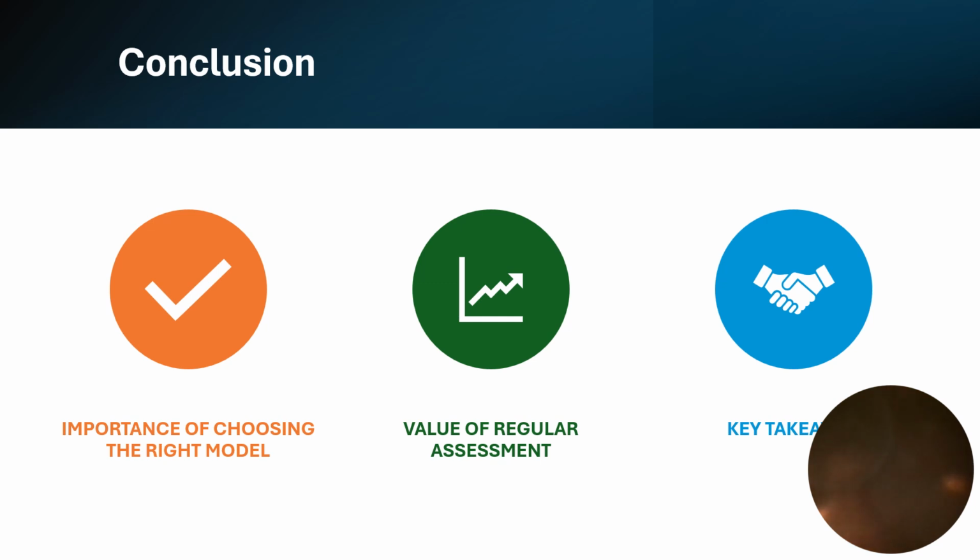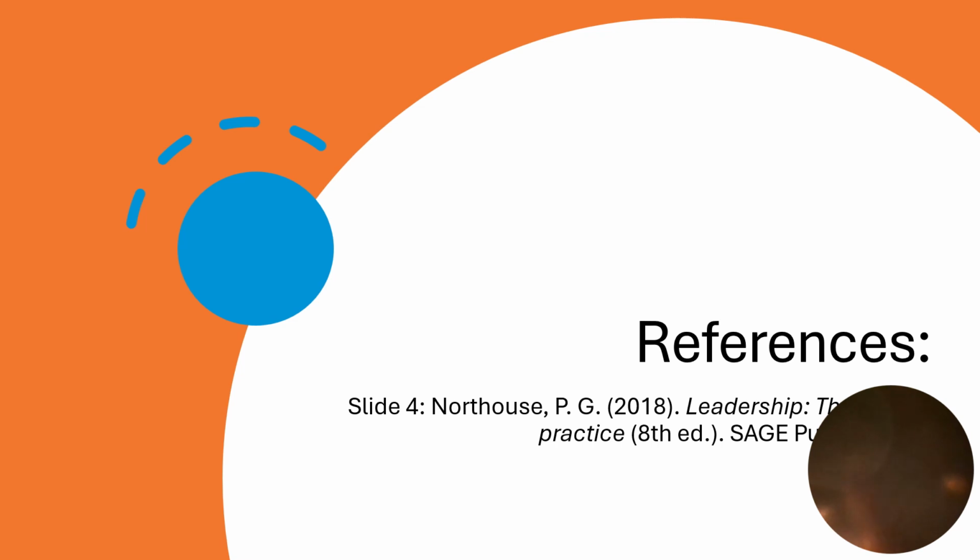And my key takeaways: the best evaluation model depends on the organization's unique needs. However, combining both models, the 360-degree feedback for a holistic view and the competency model for targeted skills, does provide the most comprehensive assessment. And on my last slide, I spoke on slides 4, 6, and 7, which was received from